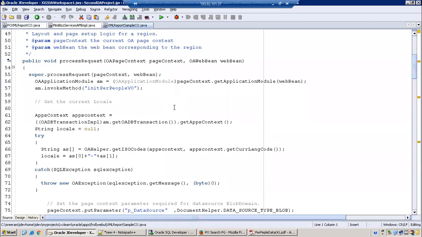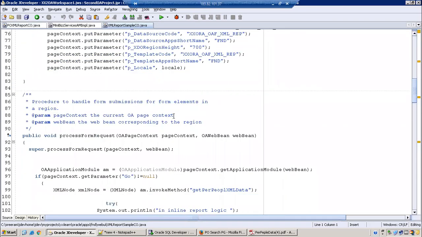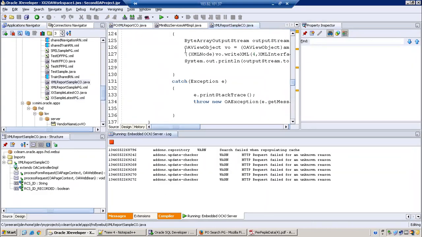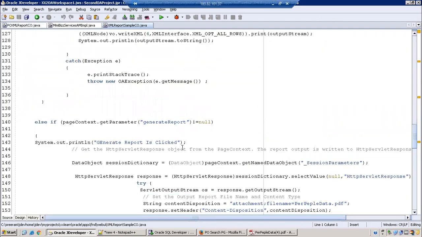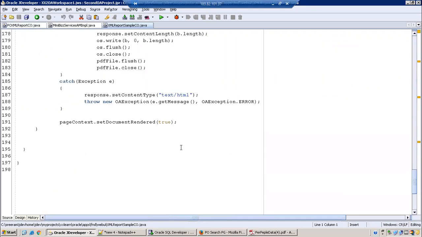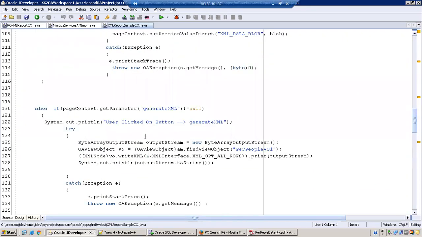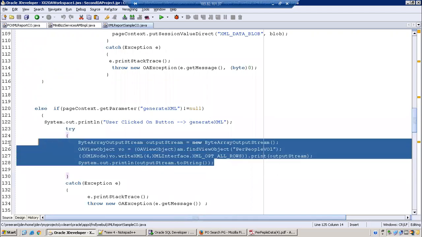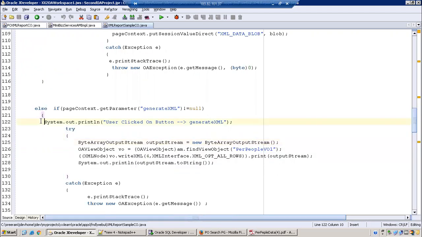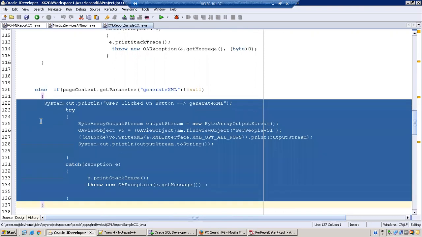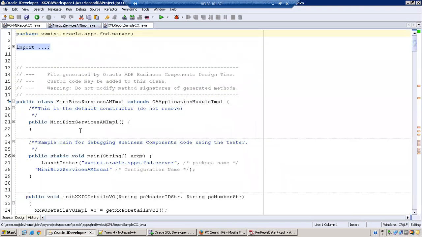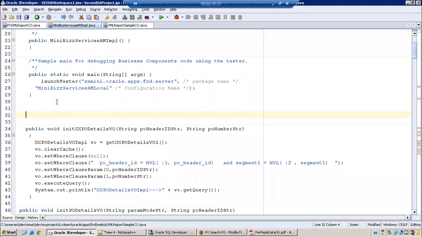So this concept will be the same for any kind of XML report stuff. Okay. So it's always a copy paste kind of thing. We just need to understand what we are writing, so that will be enough. So 1 minute. Generate XML. I'll just copy this one. Public void generate XML data.